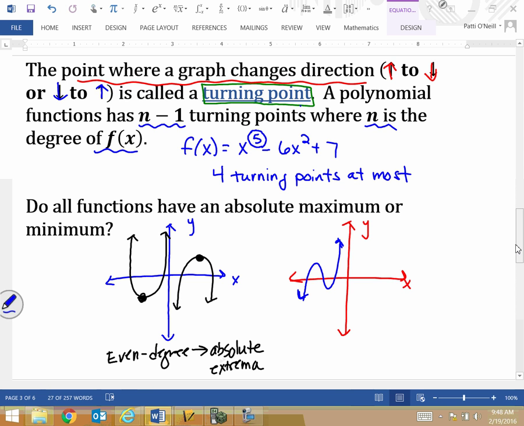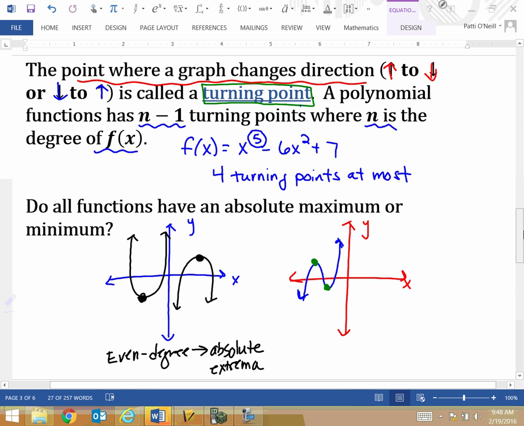We know the graph is complete because I see the arrows on the ends. I have two situations where I have extrema. One is right here and one is right here. So I have a relative max at this point right here, and I have a relative min at this point right here. But could I classify them as absolute? Your thoughts should lead you towards the answer of no,